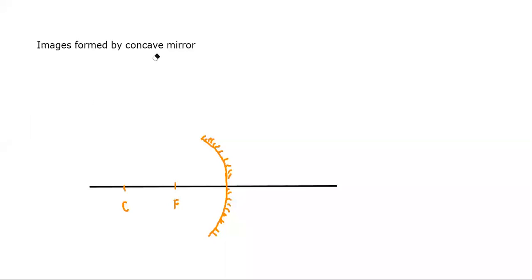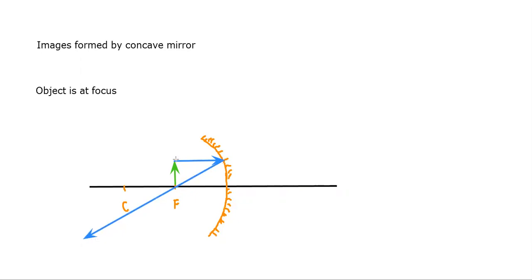When the object is at focus. Now in the second case, the object is at focus. Now you will make an object at focus. This is your object. One ray will be going parallel to the principal axis. You will make one ray going parallel to the principal axis, and any ray which is parallel to the principal axis passes through the focus after reflection, like this.